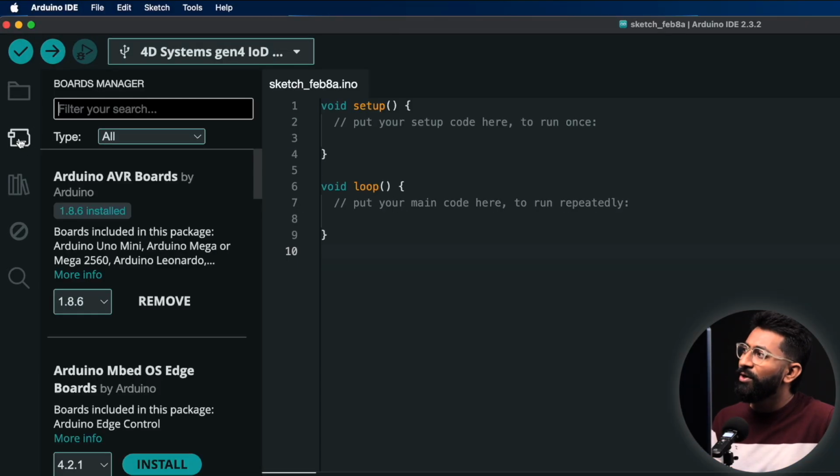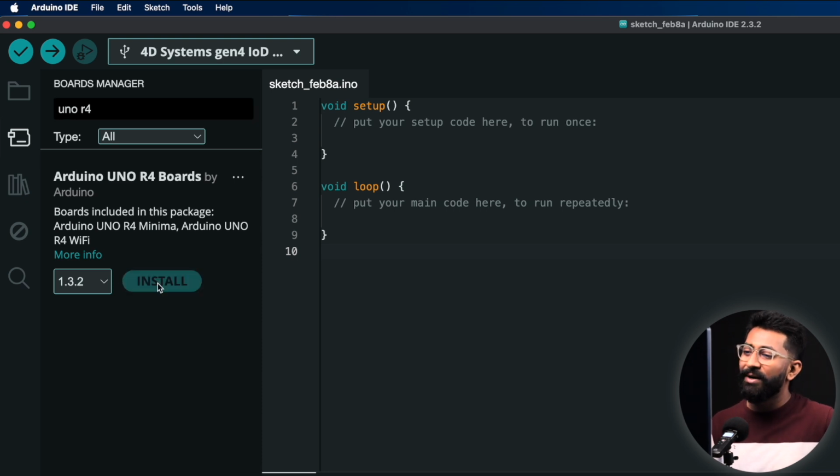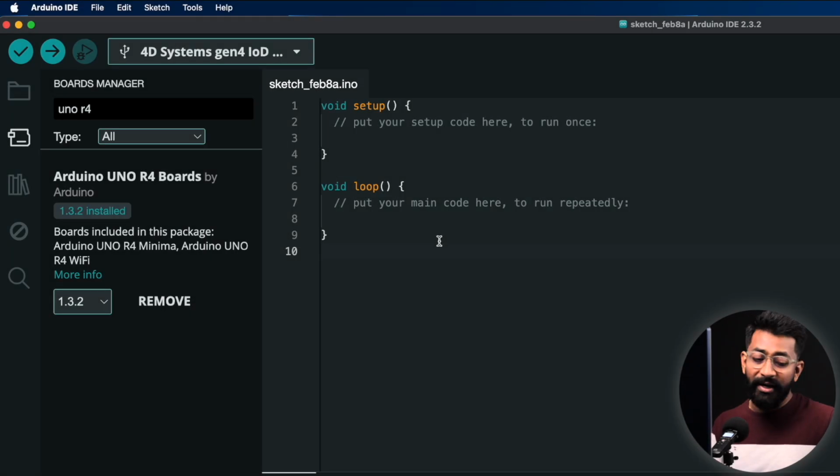For that, you need to simply go to boards manager, and here just search for UNO R4 and you will get this Arduino UNO R4 boards by Arduino itself. Just click the install button and you have successfully added the support of programming this board into this IDE. Okay, so the board is successfully installed, and I already connected my Minima board with the computer, and if I